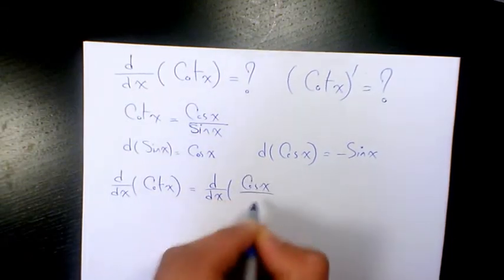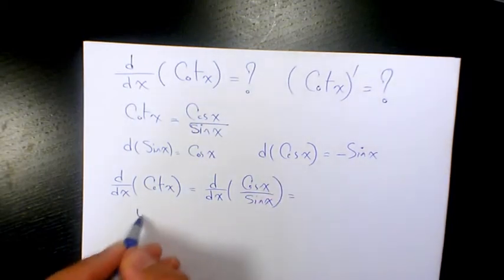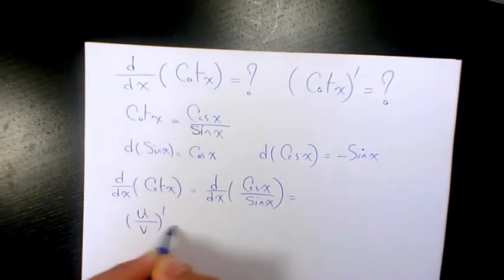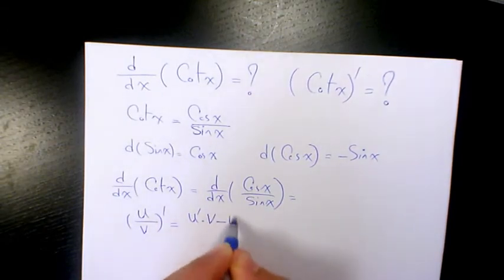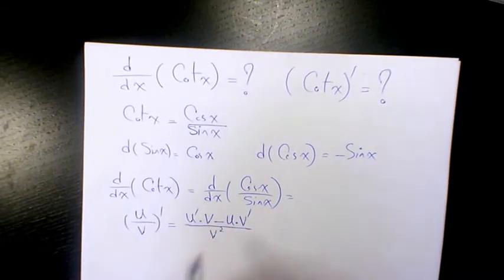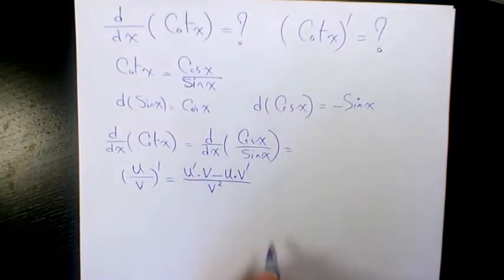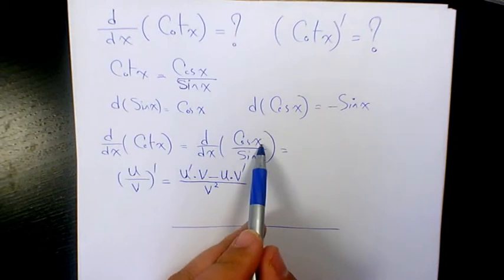Cosine x over sine x. For the rational function u over v, the derivative is going to be the derivative of the numerator times the denominator, minus the numerator times the derivative of the denominator, over the denominator squared. So that's going to be u prime, which is the derivative of cosine x,